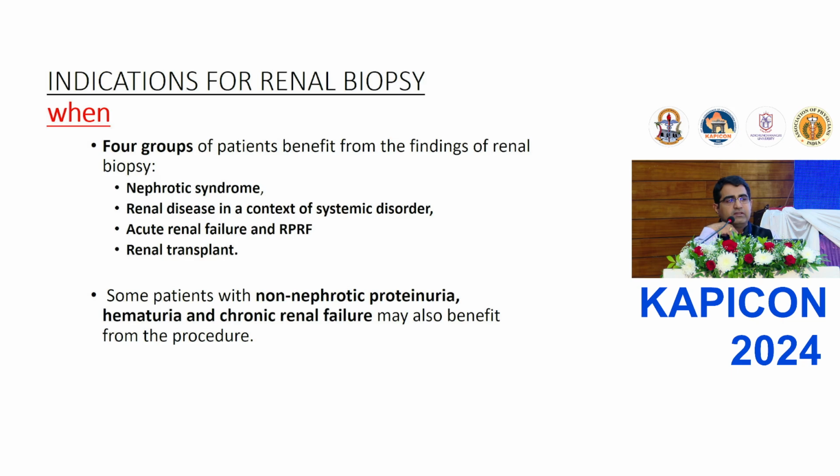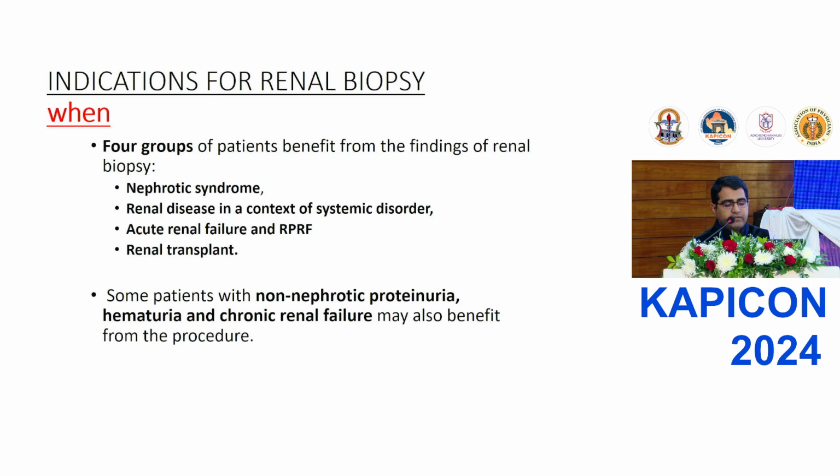Even in such patients, initially we tell them to observe, start them on ACE inhibitors, and look for any reversibility. If there is no reversibility with ACE inhibitors, we would advise a kidney biopsy to know the exact pathology in the kidneys. Isolated hematuria, commonly seen in the pediatric or pubertal age group, also warrants a kidney biopsy. Secondly, in adult or elderly males, isolated hematuria can also be a precursor for an underlying malignancy.